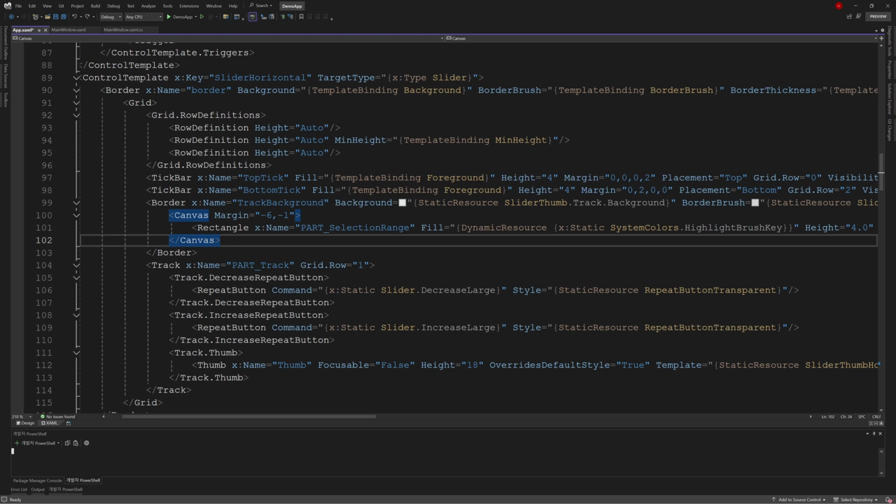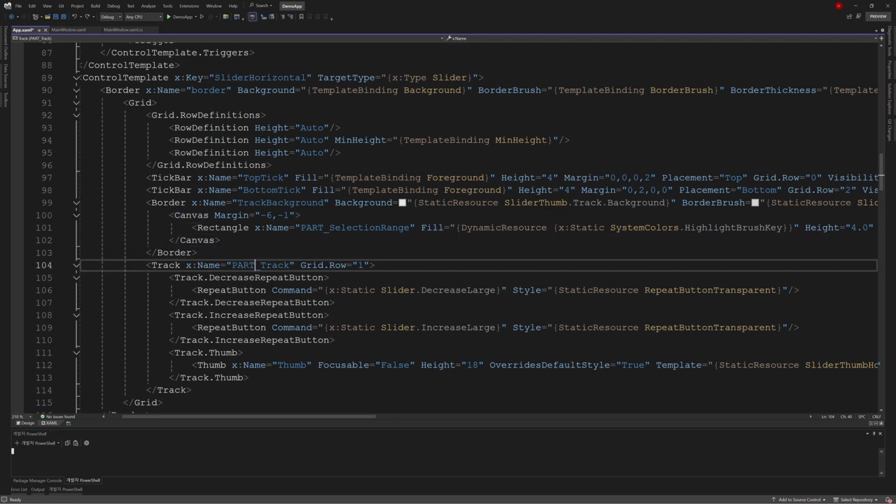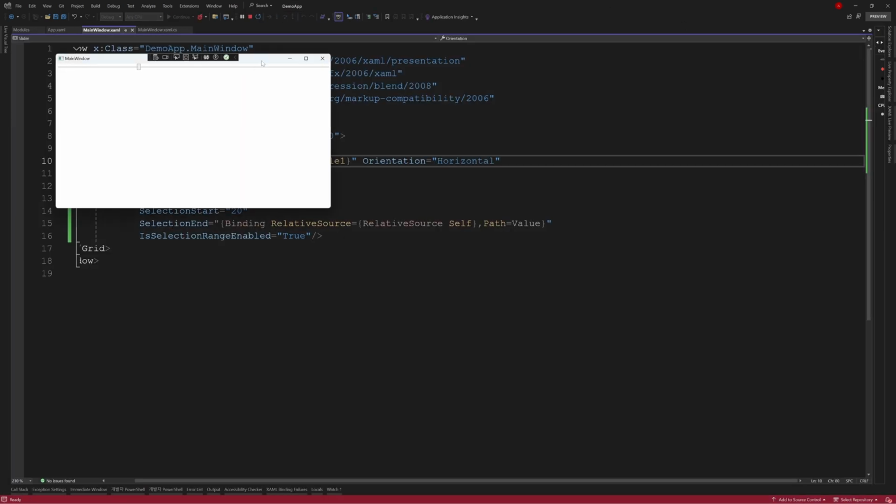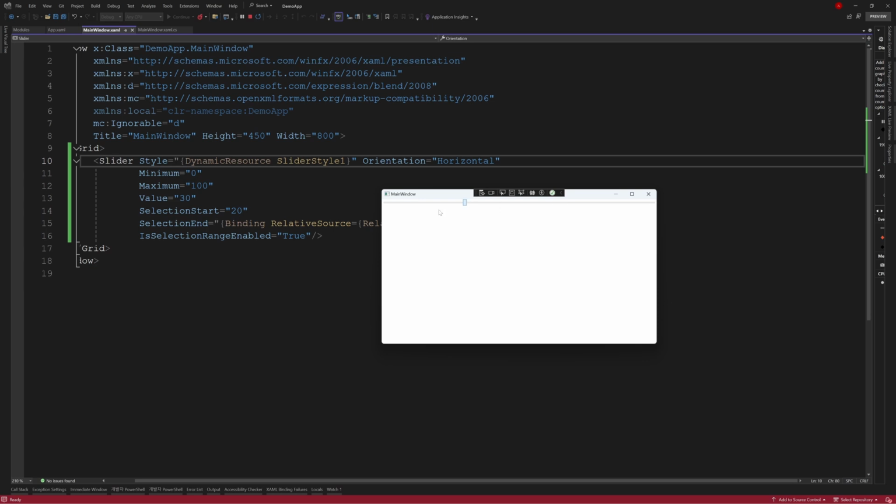In fact, we talked about this part in the last video on the navigation bar, and today we will delve deeper to understand it further. Inside the slider control class, OnApplyTemplate is used internally, so this part is essential. So what will happen if we forcibly change or delete it? Let's add a 1 to PART_Track, change the orientation to horizontal, and have a check. The slider cannot move anymore.